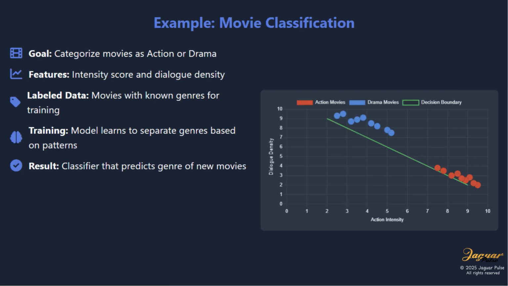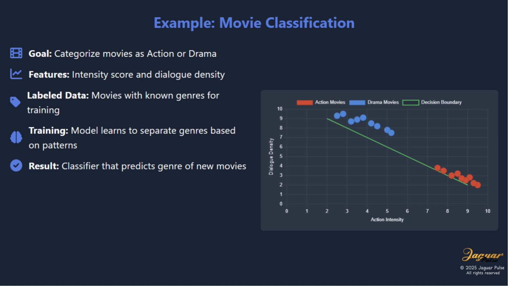Consider the task of classifying movies as either action or drama. Suppose we have two measurable features: intensity, which might include factors like explosions, chase scenes, and loud sound effects, and dialogue density, which refers to the amount of spoken content and emotional depth in the film. Typically, movies with high intensity and low dialogue density are action films, while those with low intensity and high dialogue